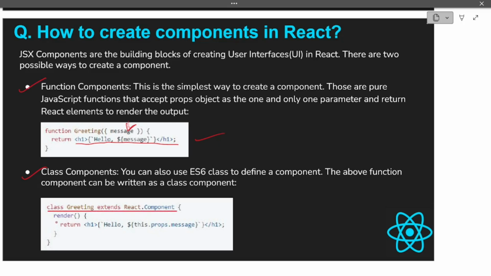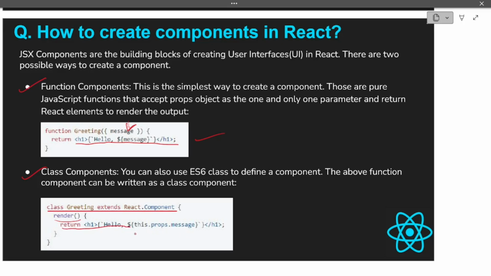Next, you always have to write a render method when you write a class-based component, because by default it won't render or return. If you have to return something, you have to put it inside your render method. Next, the basic JSX you can write in the same way as in functional components. In this case, return h1 and then your content.